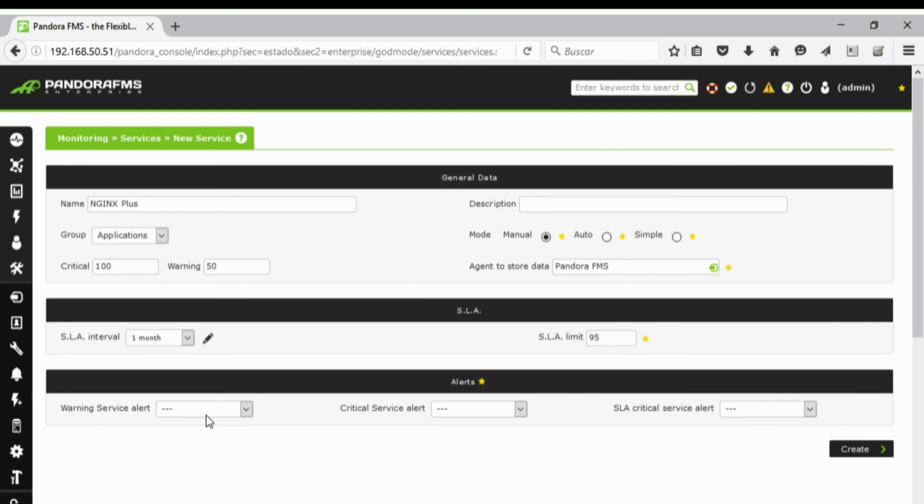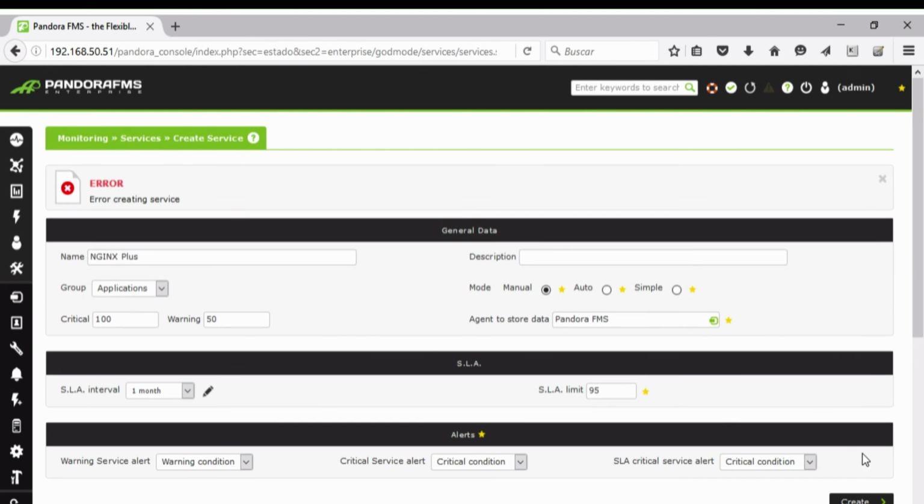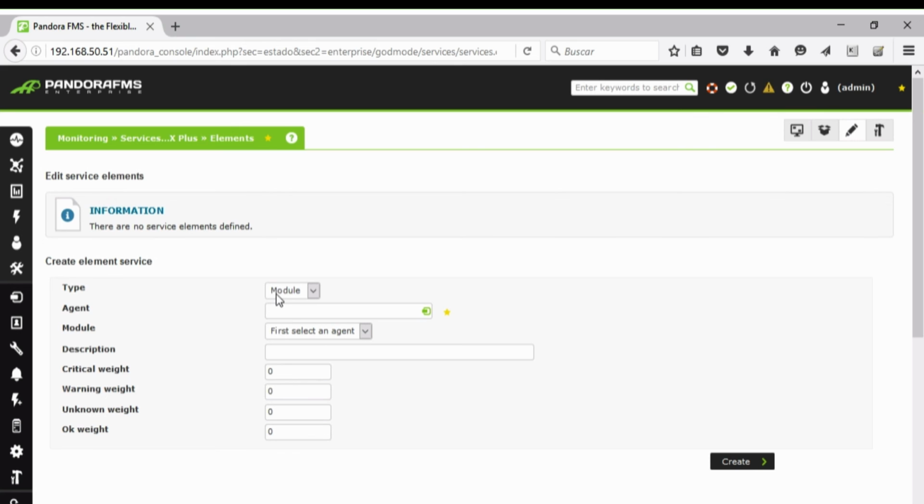We can store this information on the Pandora FMS agent or on another preferred service agent. Here we can define the interval for the SLAs and the alerts for when the SLA isn't at the optimum status or for when the threshold for a critical or warning status is reached. Once we've gone through this, we should head over to Configure Elements. And there we select the Pandora FMS agent and we add a new module, like for example upstreams,